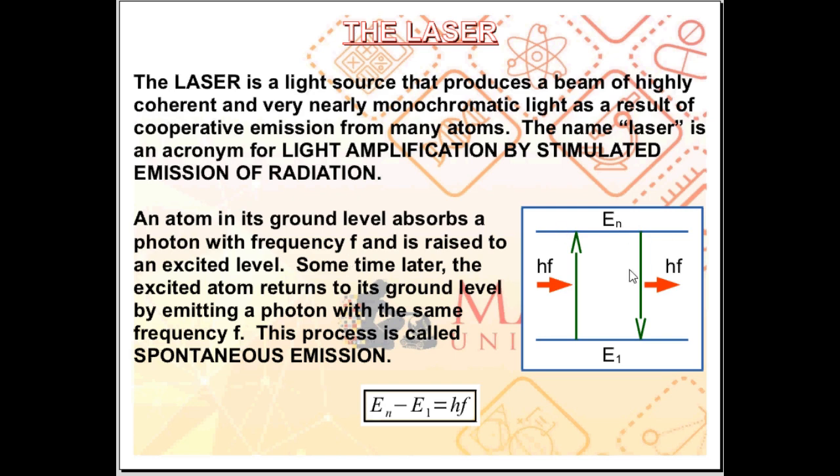Sometime later, the atom on its own returns to its ground level, emitting a photon with the same frequency. So from excited energy state En to energy level E1, En minus E1, the difference in the energy is just equal to the photon energy hf. This process is called spontaneous emission. On the other hand,